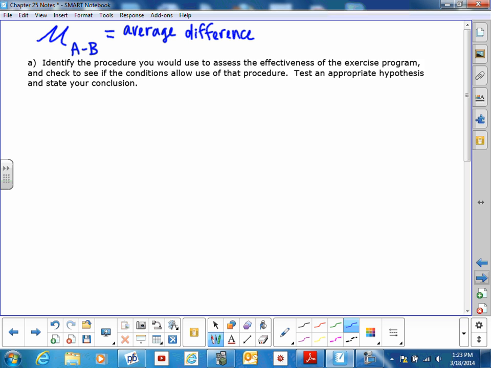Average difference in job satisfaction of what? What am I going to be inferring to from my sample of 10? Good. Of all such workers,